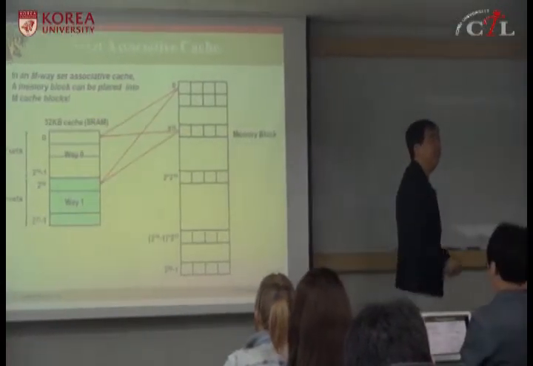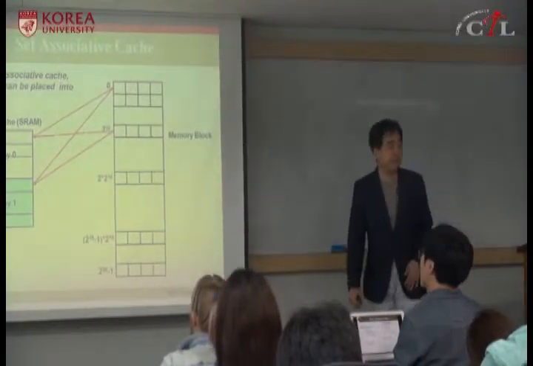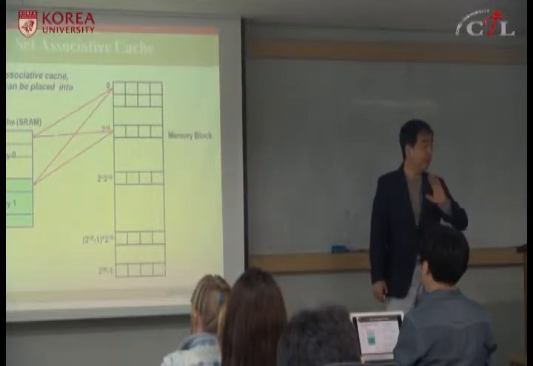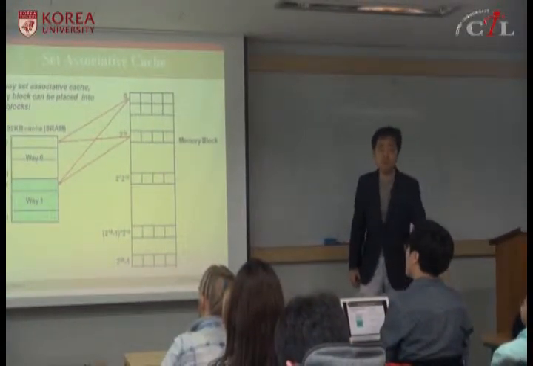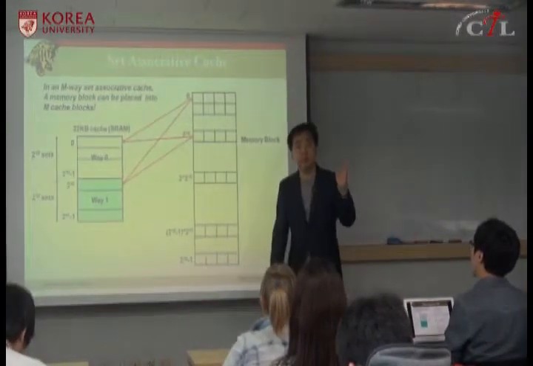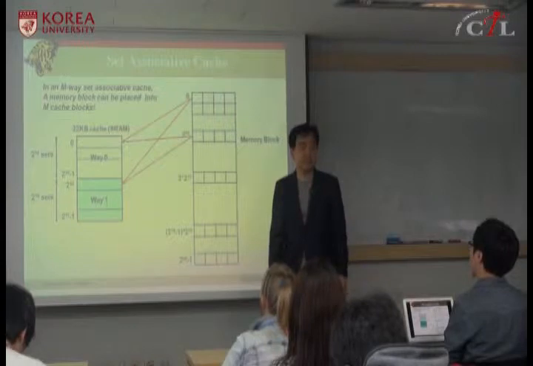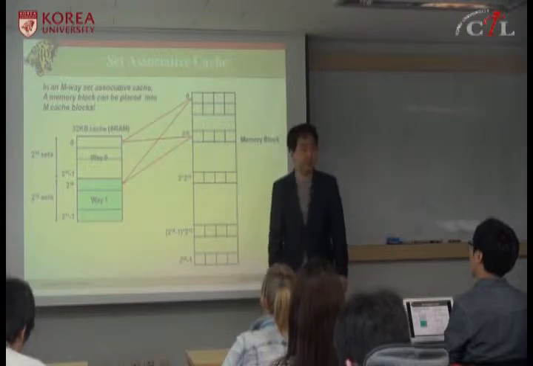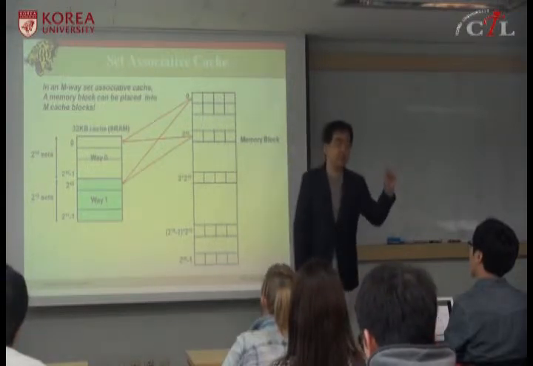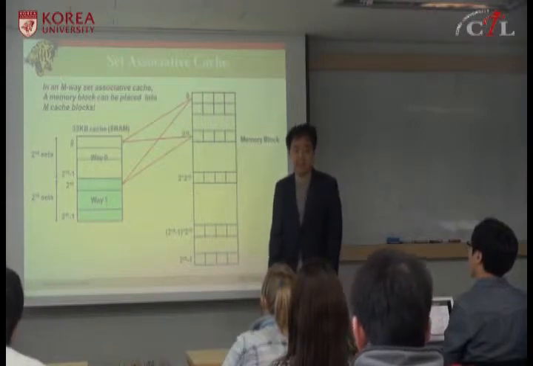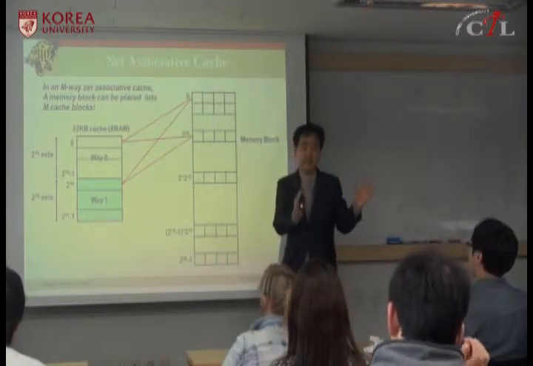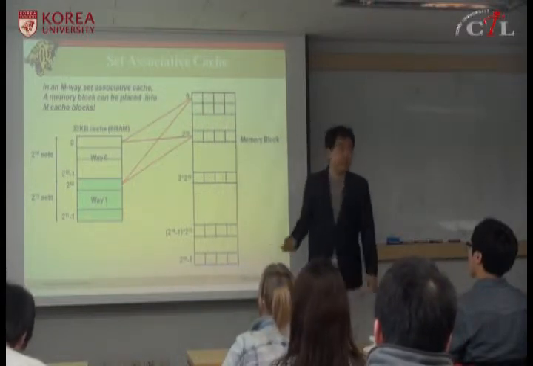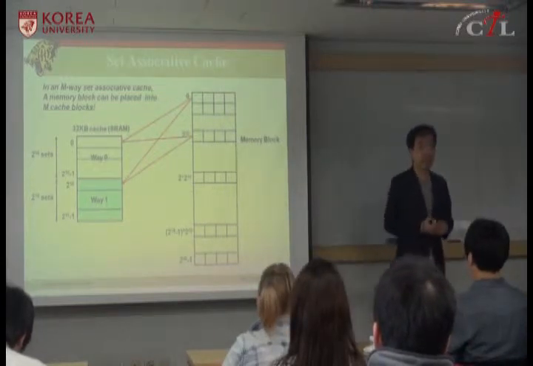The third one is in between. Okay, you have two extreme cache organizations. Fully associative cache, you have the most freedom. Okay, a memory block can be placed anywhere. Direct-mapped cache, they limit to only one location. That's too much restriction. Instead, let's give them two options. It's called two-way set associative cache. Okay, so instead of a single location, you can go into two locations instead. If you allow 4 different locations, it's called four-way associative cache. Okay? So here in this example, this shows a two-way associative cache.